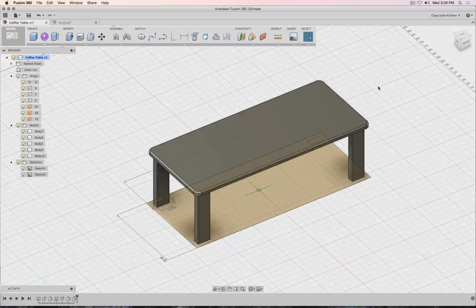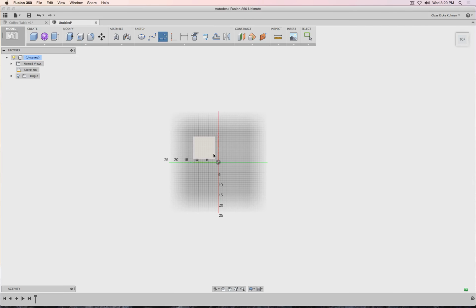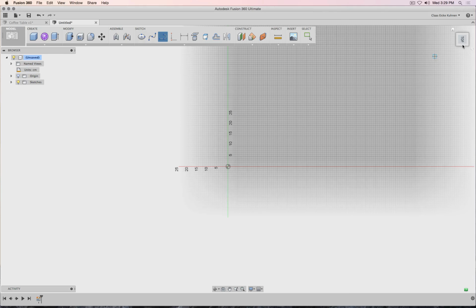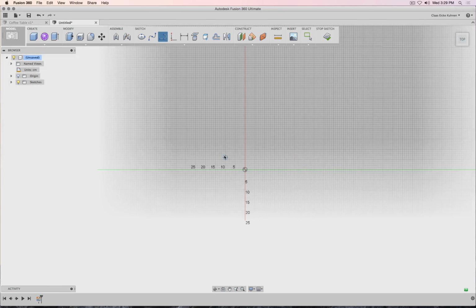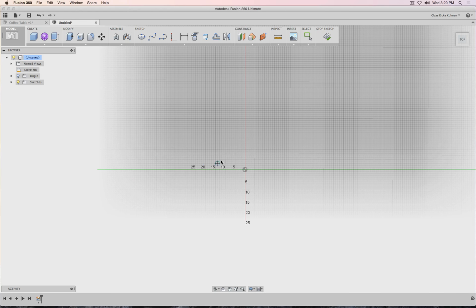Let's take a look at how we could easily build a very simple stool that fits actually the height. So I'm going to make a new document, set it to centimeters, create a new sketch. Let's rotate my view, and let's say the base should be 50 centimeters by 50 centimeters. So I go to 2-point rectangle,